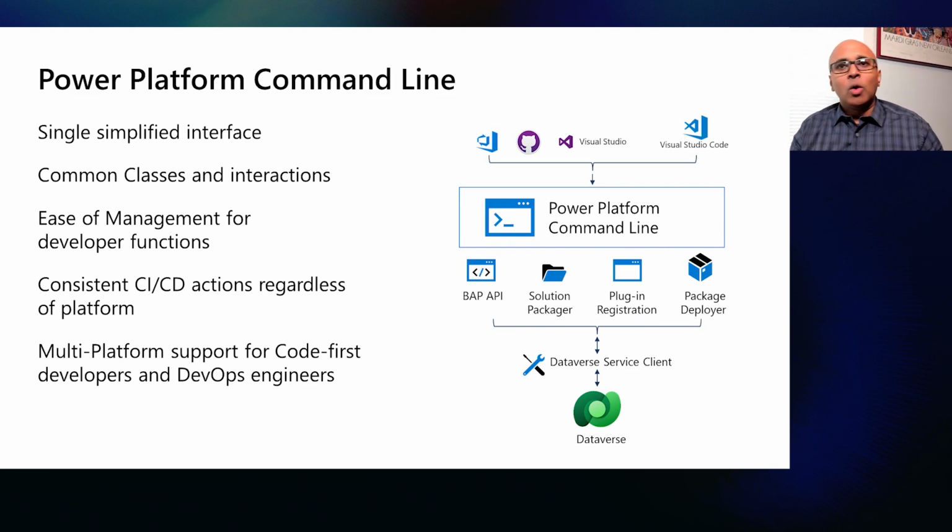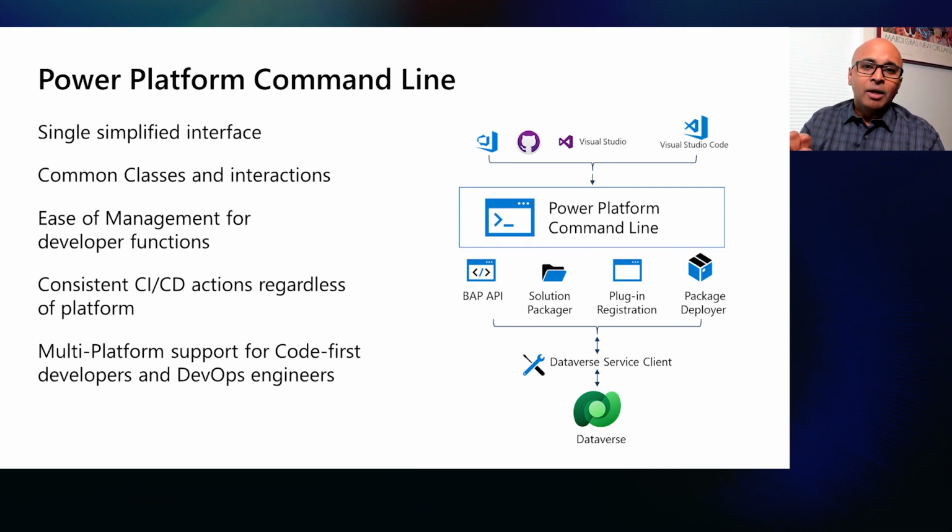It is the basis and the crux of a lot of the other integrations that we enable. So for example, when we look at integrating this with Azure DevOps or GitHub Actions, or for that matter, the Visual Studio Code integration that we announced as public preview early in the year, it is integrated directly with this Power Platform CLI. In short, we call this the PAC CLI. The other beautiful thing about this entire command line interface is that it's already multi-platform.